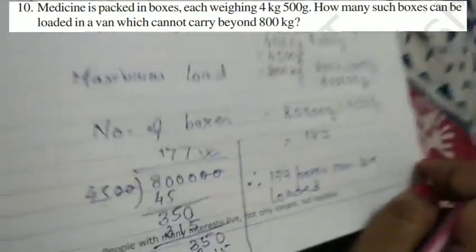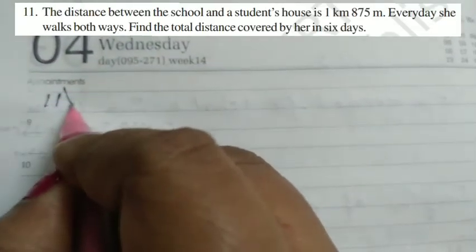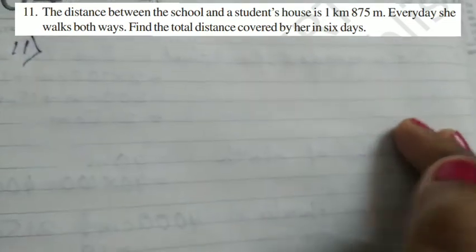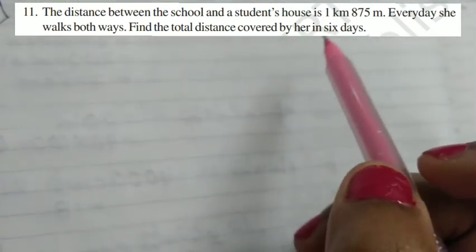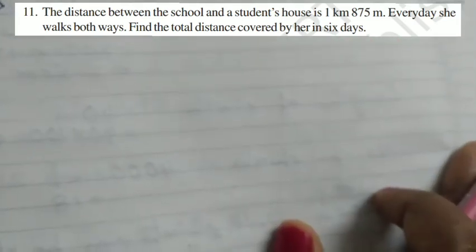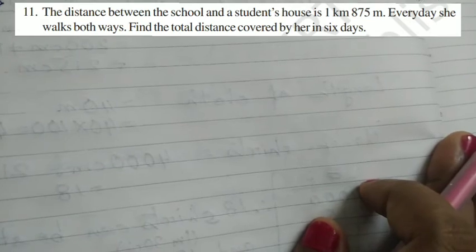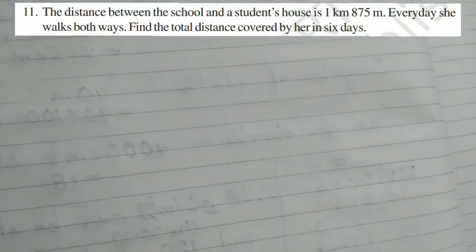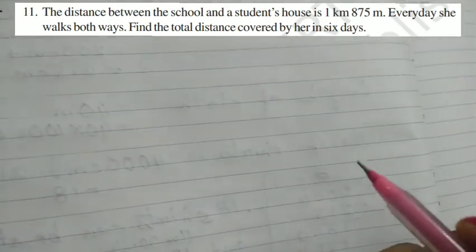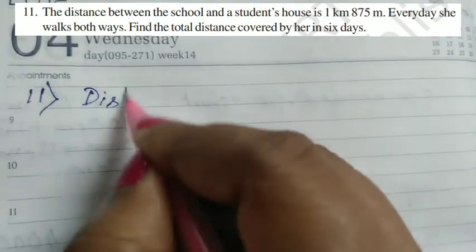Okay, so this is your question number 10. Next, coming to question number 11. Question number 11 reads as, the distance between the school and the house of a student's house is 1 kilometer 875 meters. So distance between school and home, first I will write out the distance